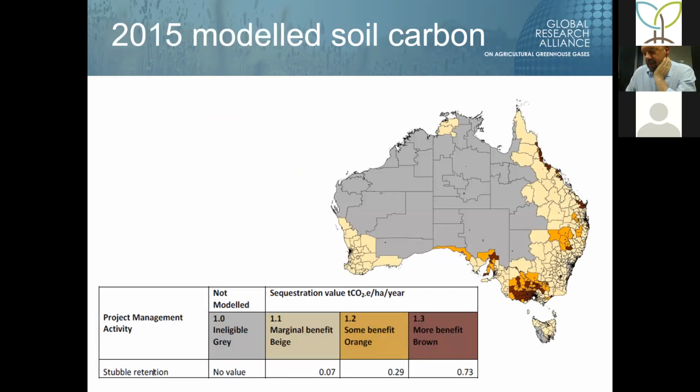Our second soil method was a 2015 model soil method. It used modelled estimates of carbon sequestration, or as we call it, default values. It can be used for sustainable intensification, stubble retention, or conversion to pasture. Sustainable intensification involved undertaking two or more of the following management activities: nutrient management, soil acidity management, new irrigation, or pasture renovation. Stubble retention is self-explanatory, and conversion to pasture